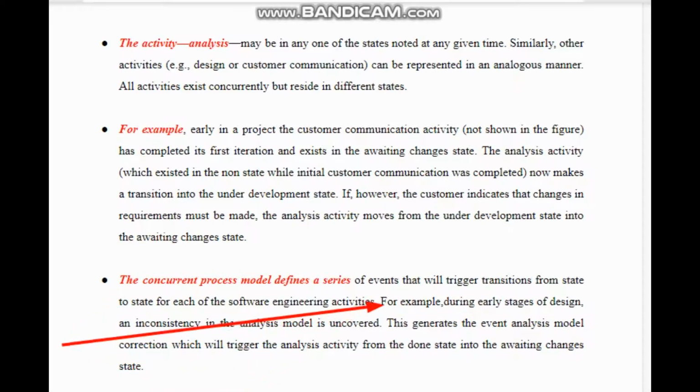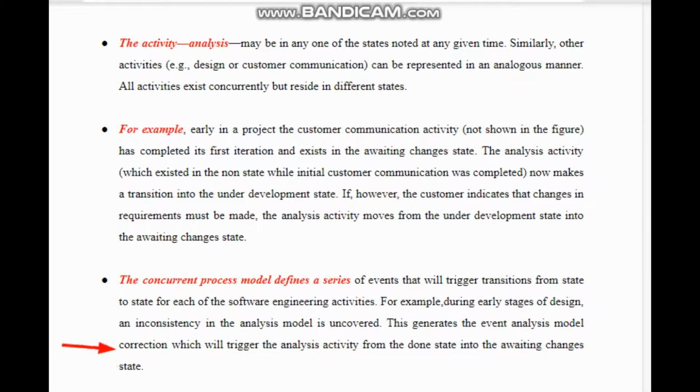One more example I gave you regarding design. So here we can see that, for example, during early stages of design, an inconsistency in the analysis model is uncovered. This generates the event analysis model correction, which will trigger the analysis activity from done state into awaiting changes state again.